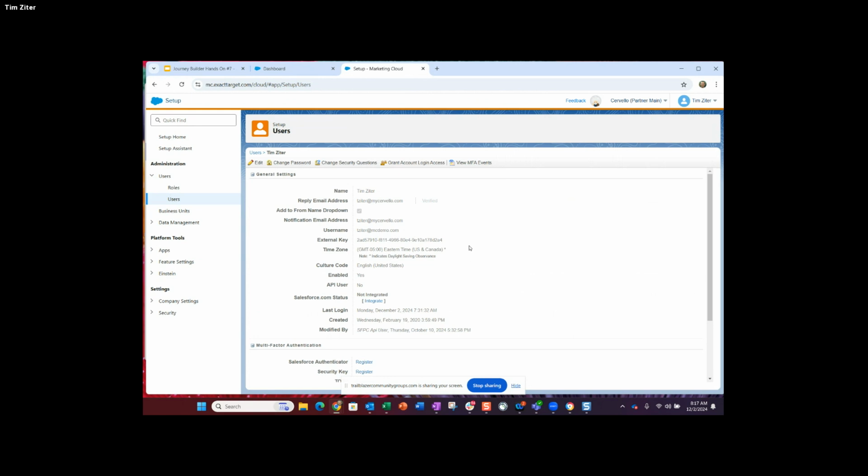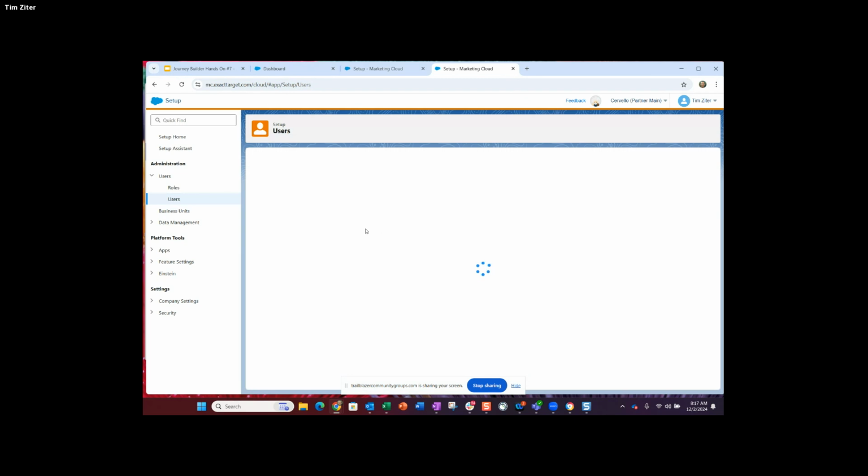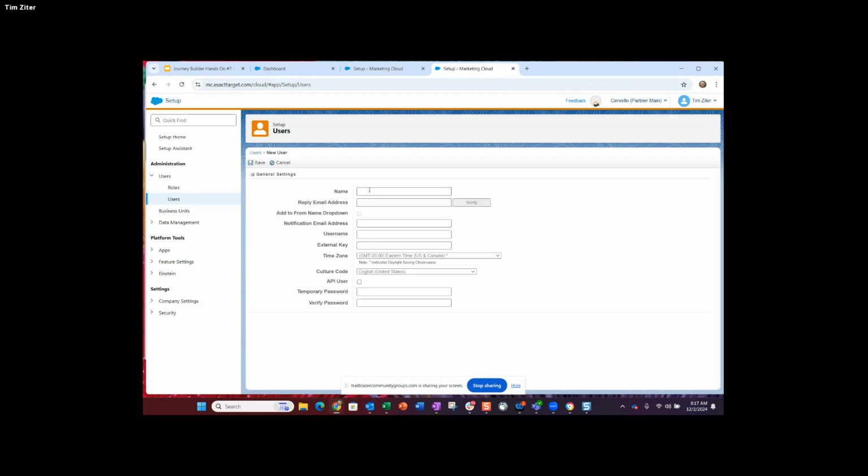So I'm just going to duplicate this tab, and we're going to create a user for Pearl. We're going to go here, create a new user, and copy Pearl's email address.